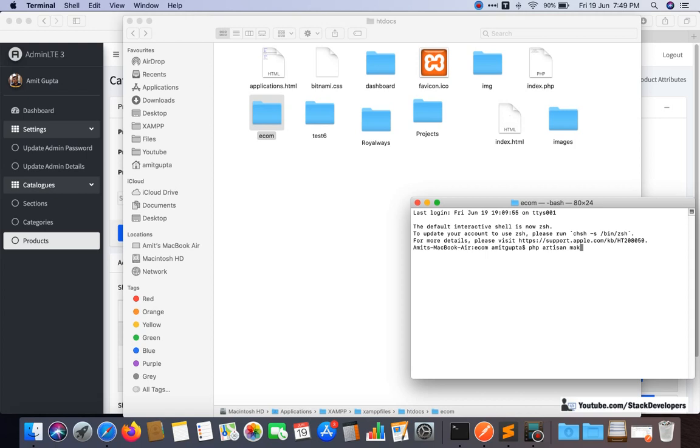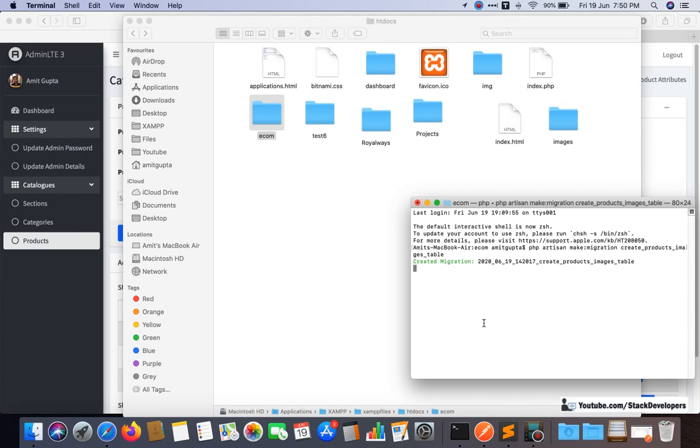php artisan make:migration create_products_images_table. This is the migration file we are going to create. It's simple, fine.